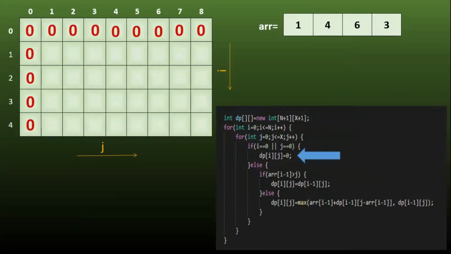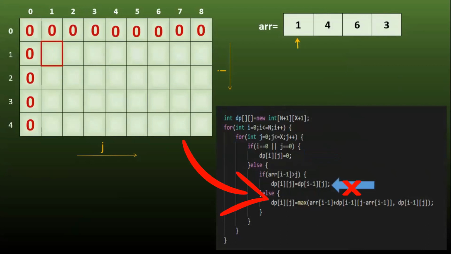Since all the possible intermediate values of x are aligned column wise, we have taken j as the current remaining sum, and since all the possible values of n are aligned row wise, i represents the remaining number of elements. So in that way we have repeated the steps that we did in the recursive solution, but the only difference is that instead of executing the max sum function again and again, we are storing the value in the DP table and then using the DP table values for further steps.